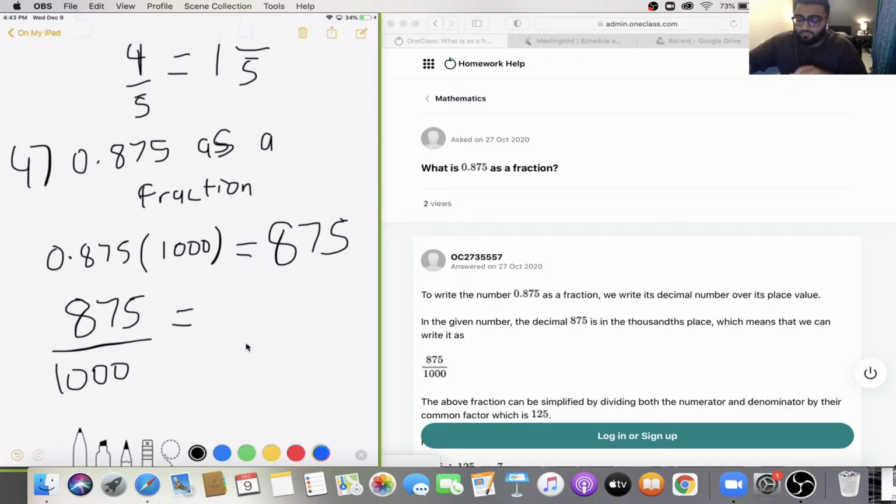And to simplify that, we can find our common factor, and in this case, it should be 125. Let me try that out. Yep, 875 is divisible by 125, and 1,000 can be divided by 125, which gives us 7 over 8 in our simplest form. That is equal to